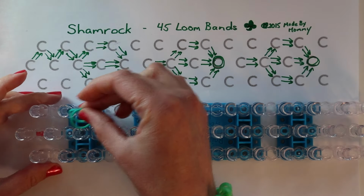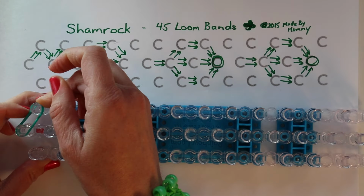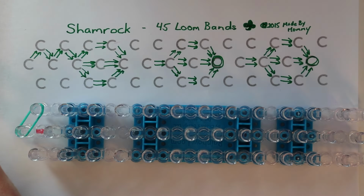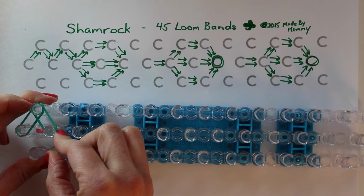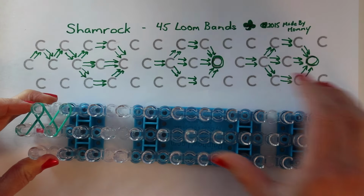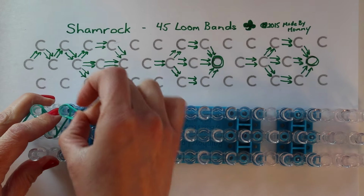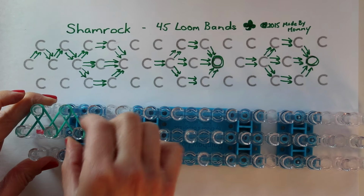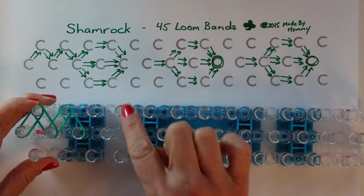Take 2 bands from the side with the arrow and place them from the center up to the diagonal. Another 2 from there down, another 2. This is going to be the stem of your shamrock. And then 2 more. And now that you have that M shape set up, we're ready to construct the shape